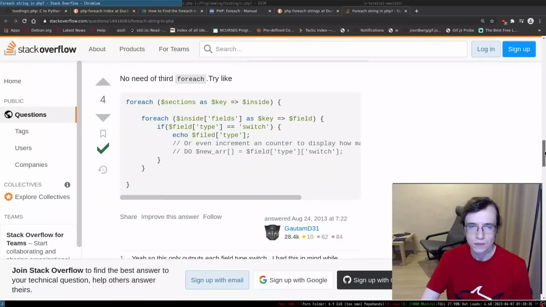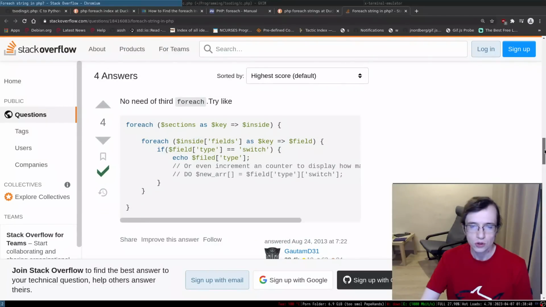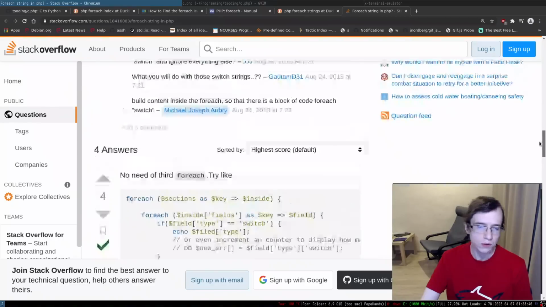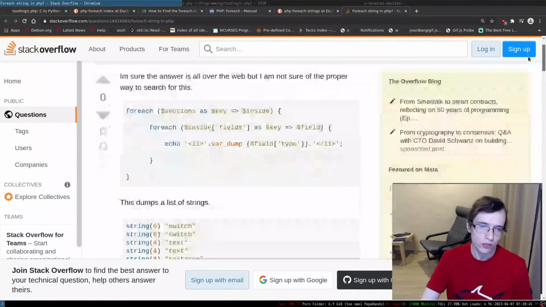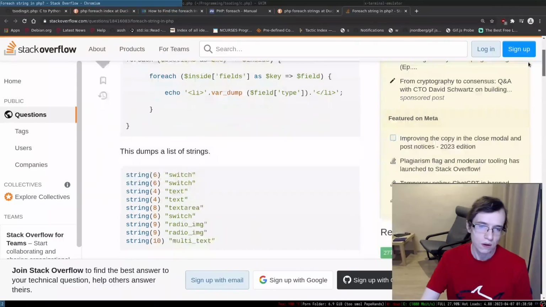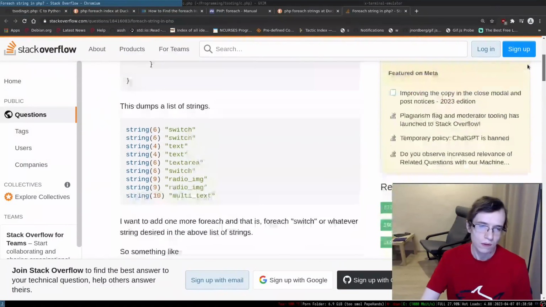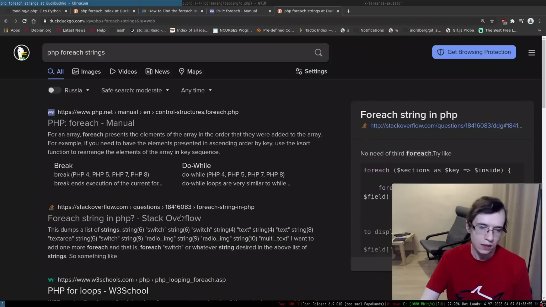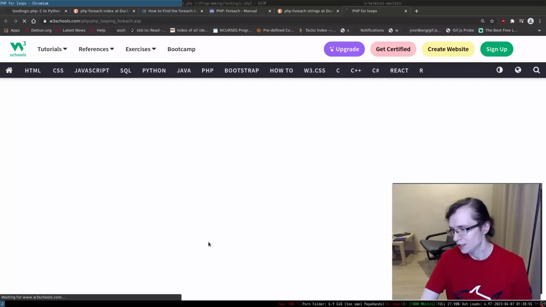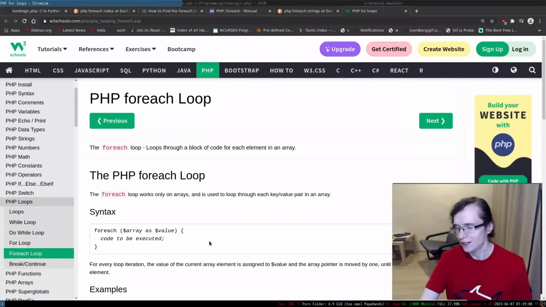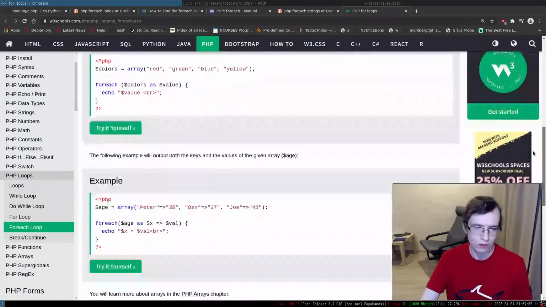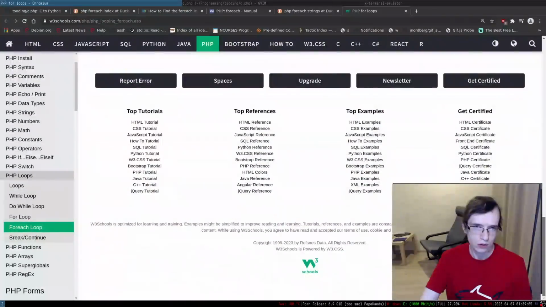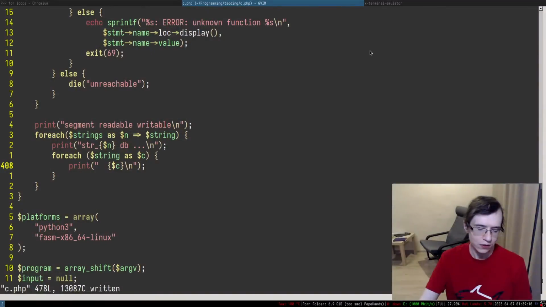Right. No need for foreach. For each string in PHP. I know what you mean. But yeah. I suppose I'll have to actually take the length, unpack. Is it going to turn it into a list? It kind of sounds a bit slow, to be fair. Sounds a bit slow. So what I'm thinking is that maybe,